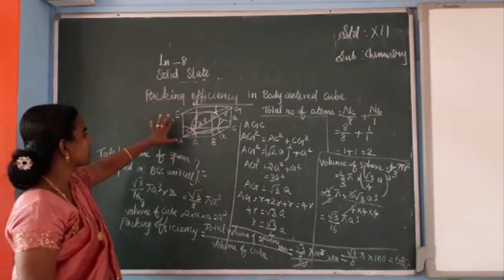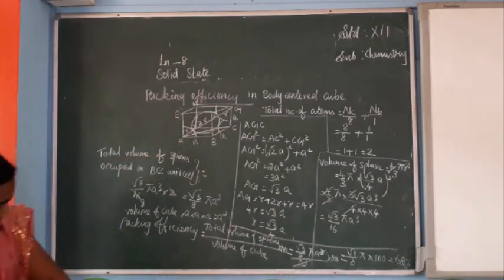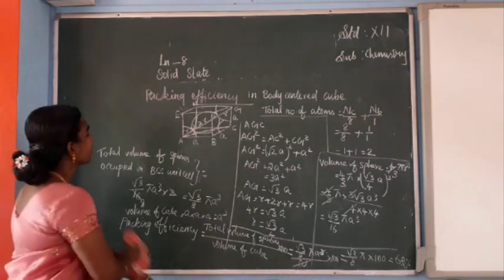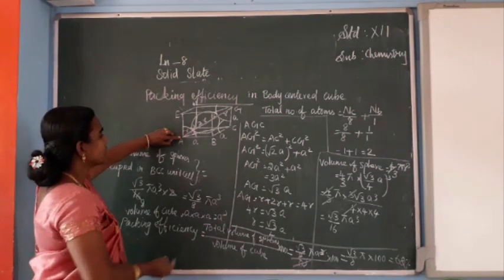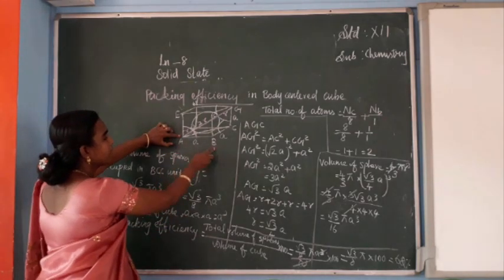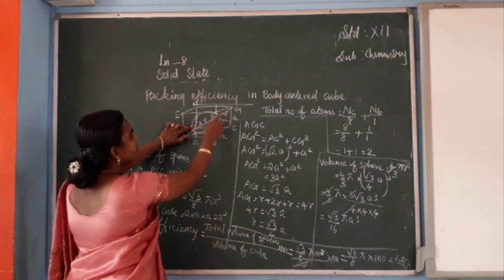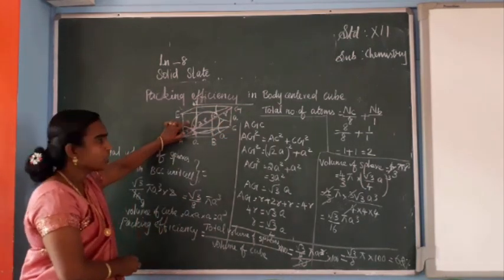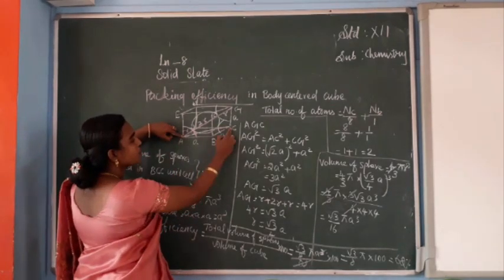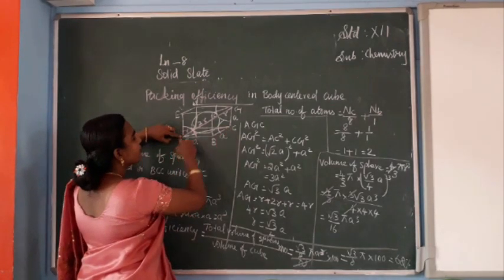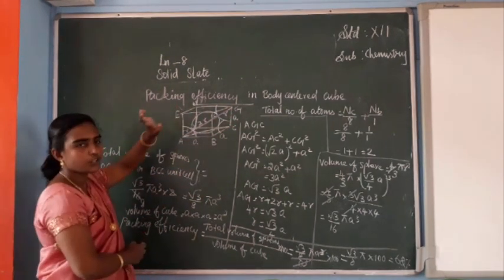Okay. So first you have to draw a body-centered cube like this. What's the way of drawing? So we have to draw like this, a cube here, and consider this is A, B, C, D, and here E, F, G, H. So clear? So next, what you have to do? From A to C you have to draw a line. Then from A to G also you have to draw a line. Okay. This should be connected and you are drawing a line.